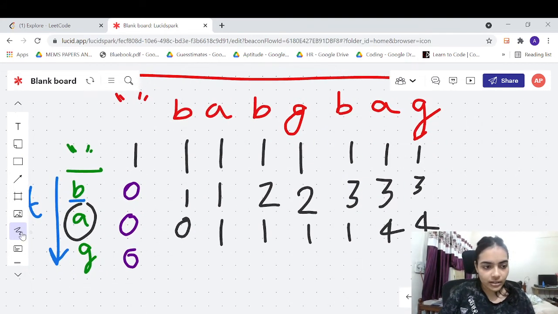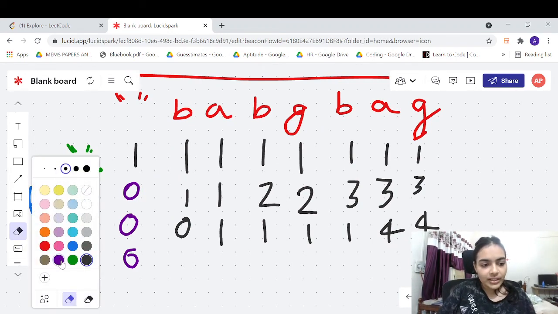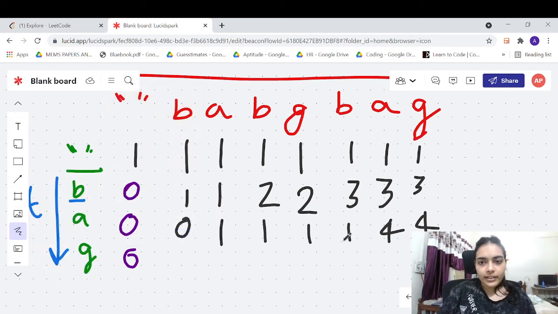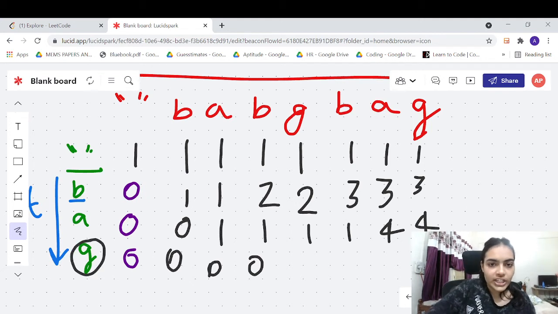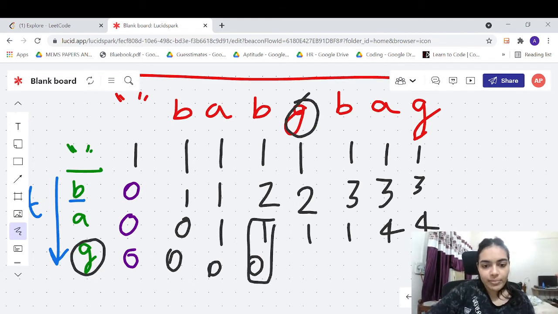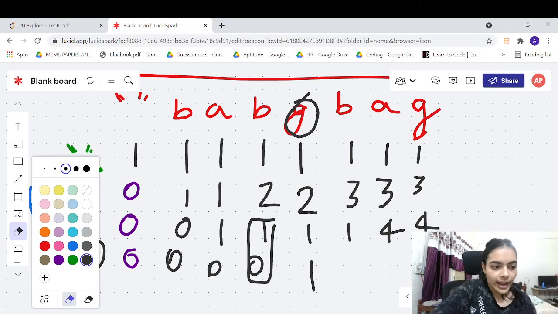Now the last row is left. So in the last row, again, till we see a G, we can just copy the previous value, right? So it will be 0 till you see a G. Now G and G match, so in this case 1 plus 0 is 1. Okay, and next